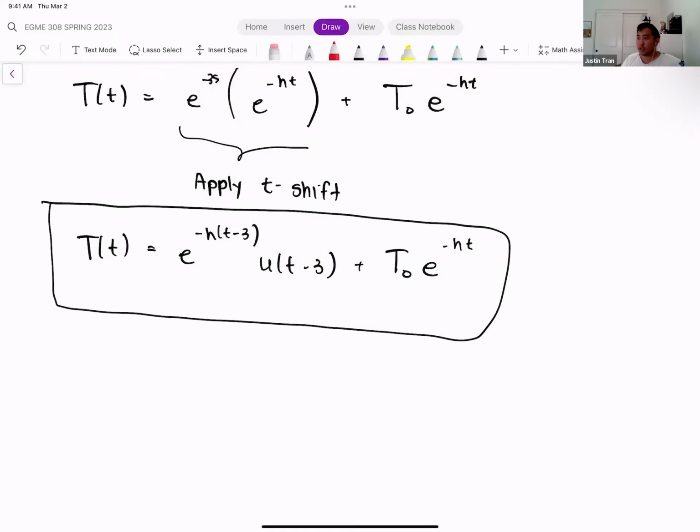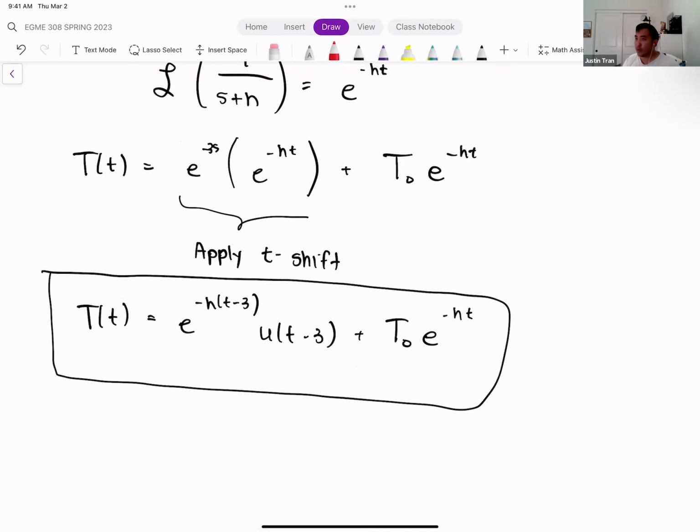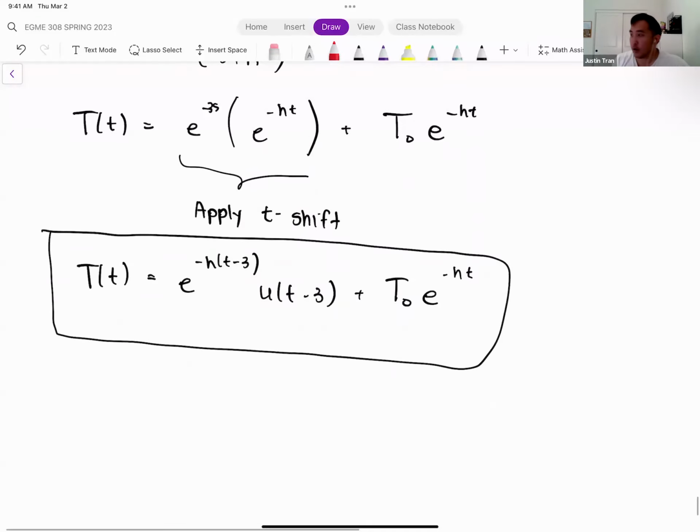All right, and so that's our result. Okay. Any questions on how we did this example here? Okay. All right, so this is a good example to end with because I want to show you a little bit about the result here, right?